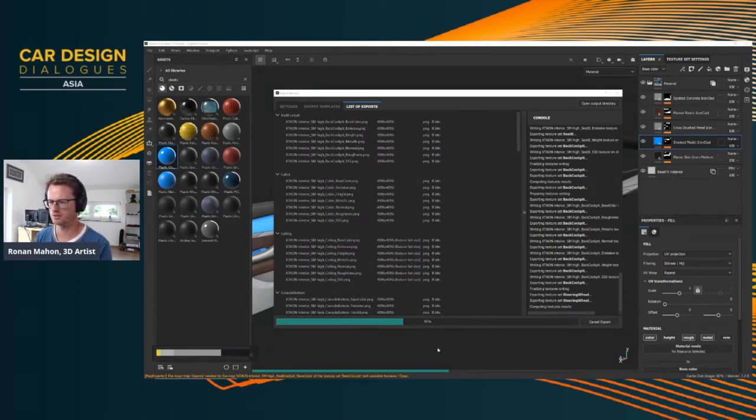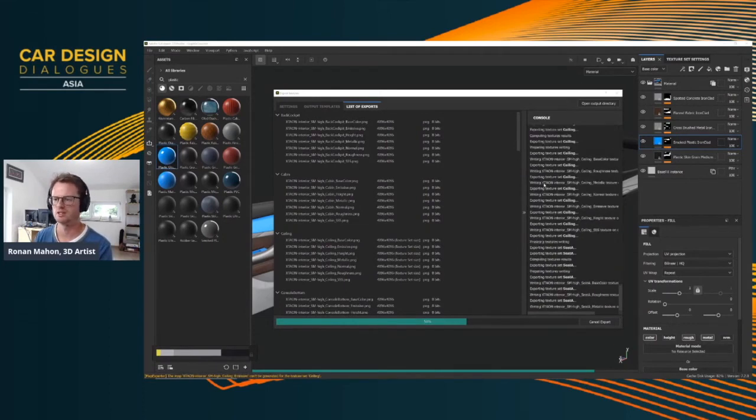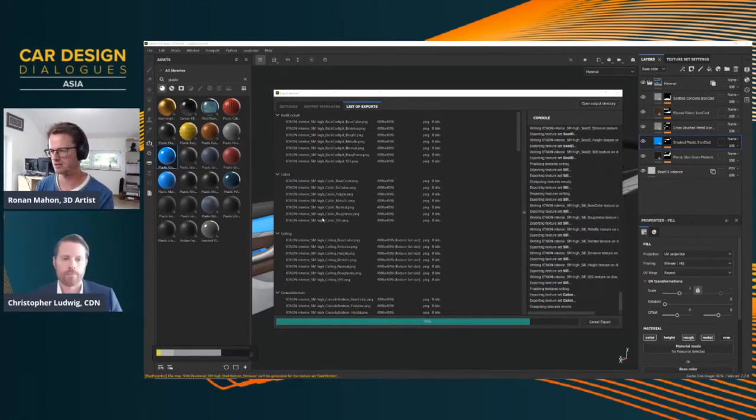So that's computing all the results over here. But yeah, 120 4K textures. I don't know how many gigabytes of information that is. It calculates through them quite quickly, and then flings them over either to Unreal, or you could send it back to Stager if you want to.